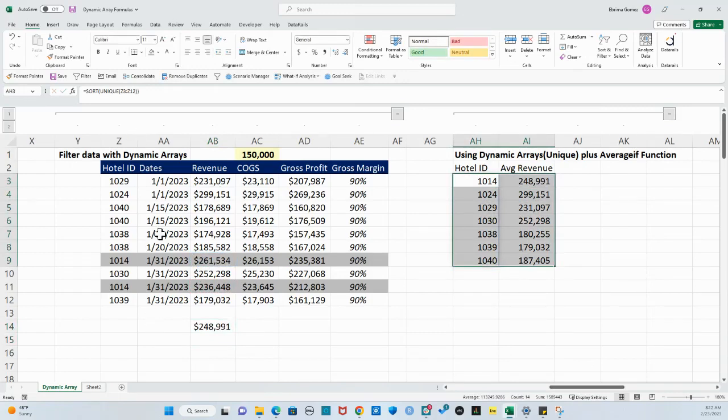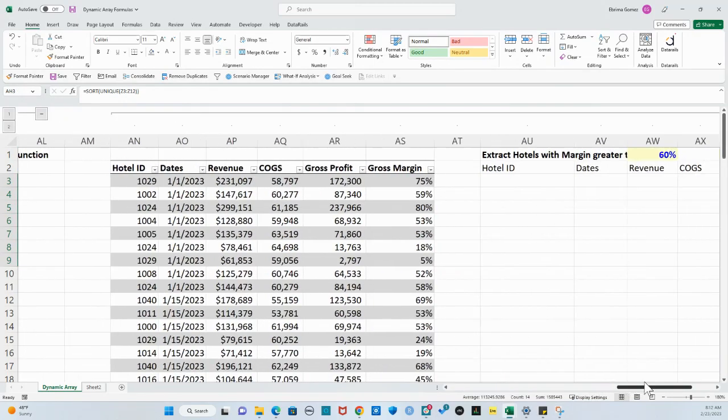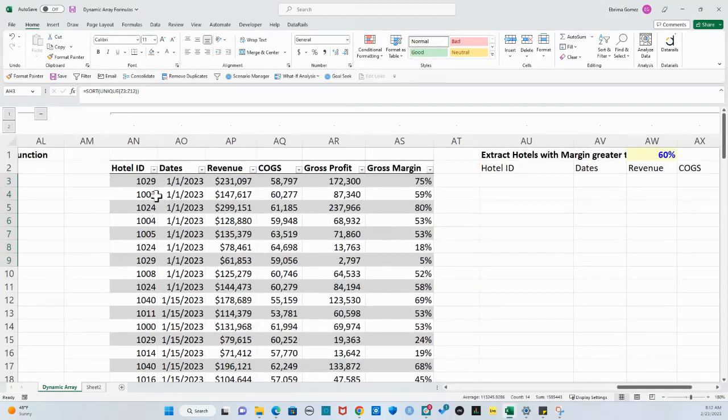So now we have this very clean version. Instead of having this much data, we now have it even cleaner and we see the average revenue for these properties. Now let's take it another step further. We have this data over here and we have the various hotel IDs and all the revenue, cost of goods sold, profit, and the margins. And what we're trying to do here is pull this data and only show those hotels that generated a margin higher than 60%. So with this also, we can use the filter function with that condition. So we type equal